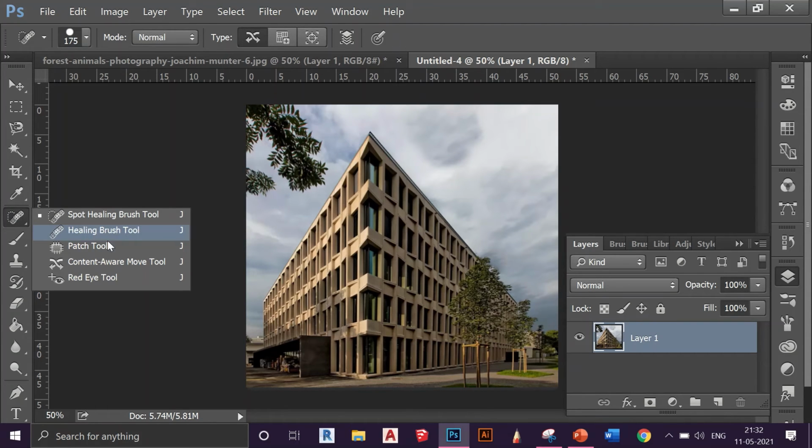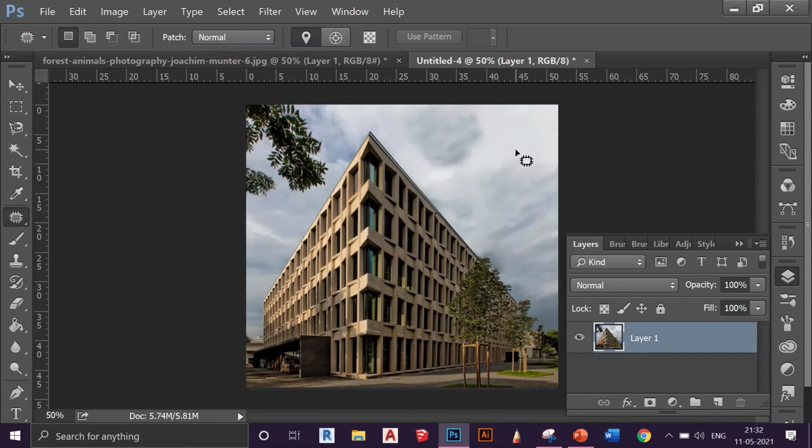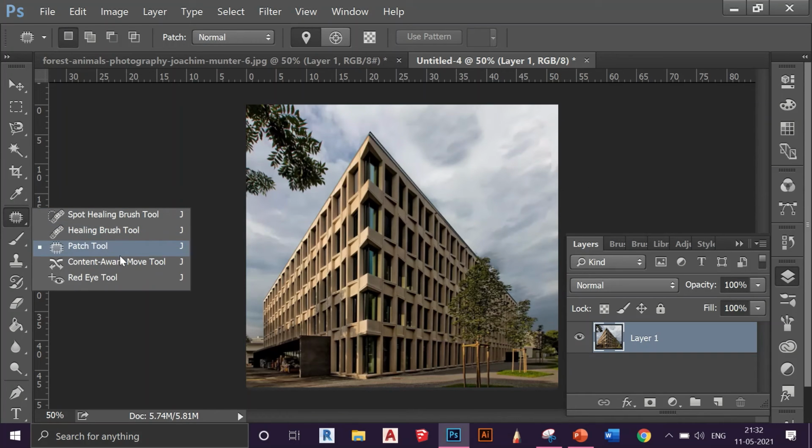There's also another tool which is the patch tool. What it does is you can create a patch like this and then you can move it and copy it anywhere like this. Whatever you want, you can move it to, like if you want this hair, or you want this, it copies the same thing. So you can do this. You see, it also works, not that well, but yeah, you can use it if you want.